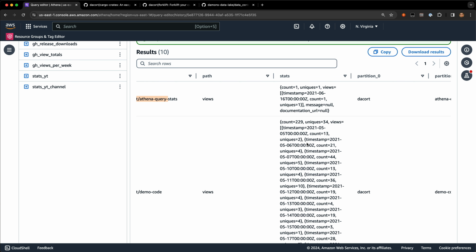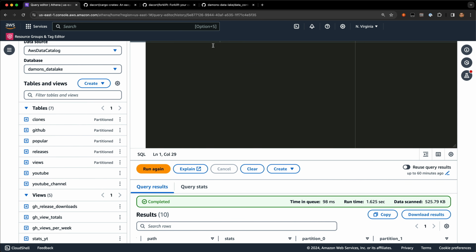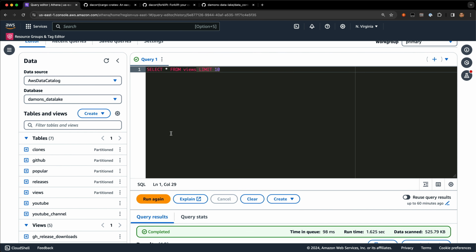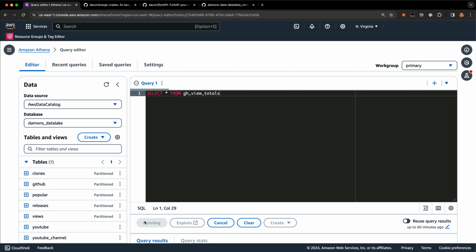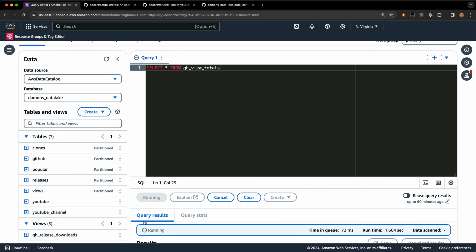The data is a little bit messy though, as is normal. So it's got timestamps in there, but it's got this weird stats column that is an array inside of a struct. So what I also did is I created some views to be able to query this. So I can go ahead and query those views. Let's take a look at maybe I want to look at what have been my most popular repository over the past few years that I've been doing this. So let's do a GitHub views total. We'll just do a select star from that. And that's just querying the raw JSON. Again, it's not a ton of data, so it goes pretty quickly. You can see it's only scanning 7 megs, 8 megs here.